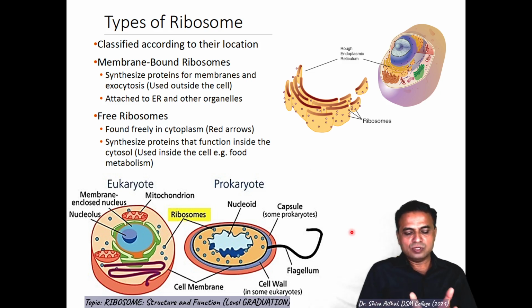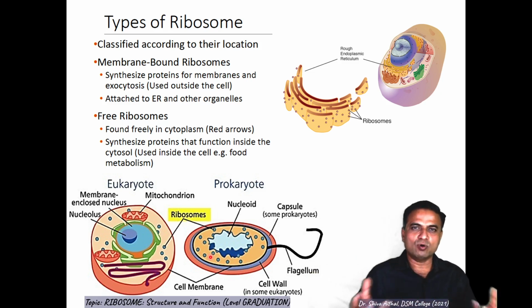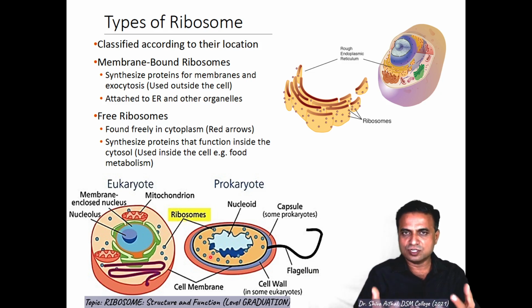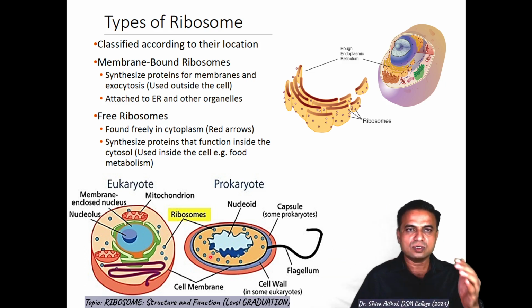Now when it comes to their location, in prokaryotes, again and again I am saying, they are freely distributed in the cytoplasm. Whenever they are necessary, they have a specificity to RNA, and they will bind. RNA is also freely present in the cytoplasm, so by Brownian movement or random collision they will just function. But in eukaryotes, as the cell is much more systematic in its evolution and mechanism, they are located at certain organelles, so they are classified according to their location also.